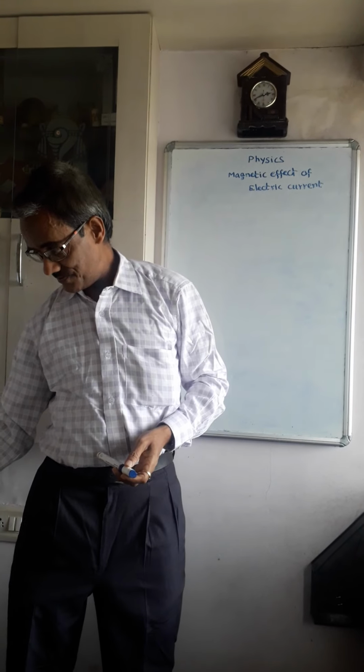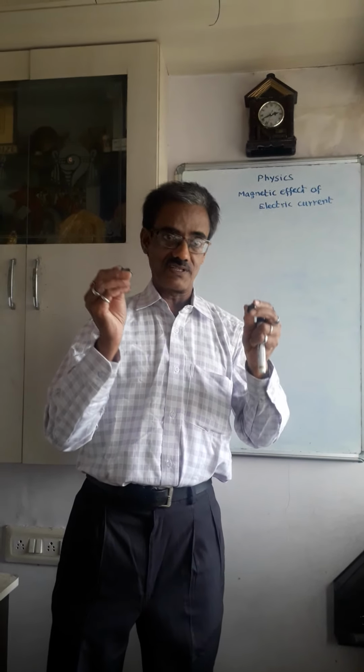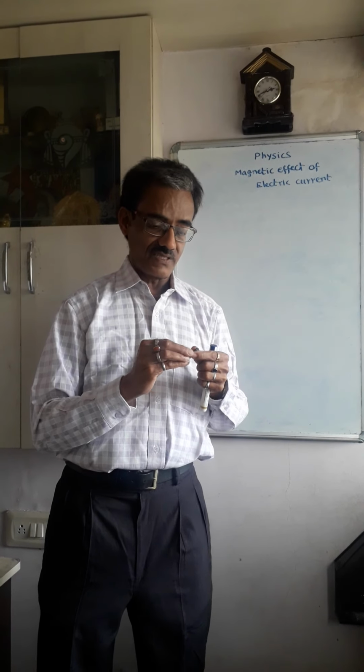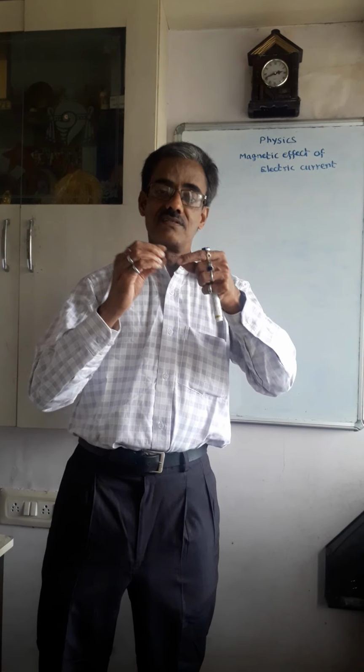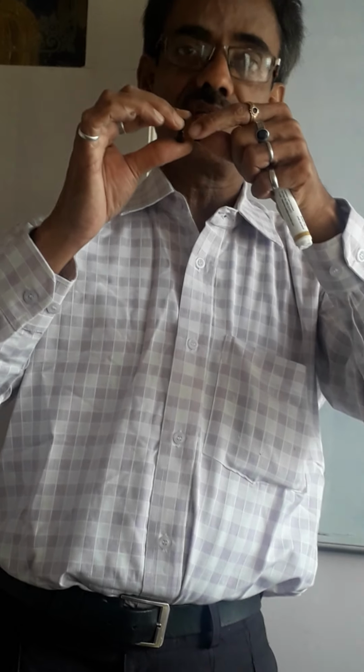There are different kinds of magnets also. Here I am showing different kinds of magnets. First of all, I would like to say about these magnets. You know the properties of the magnet. There are north and south poles for the magnets. If I keep the same poles, north and north, they repel. But if I keep north and south pole, they attract.